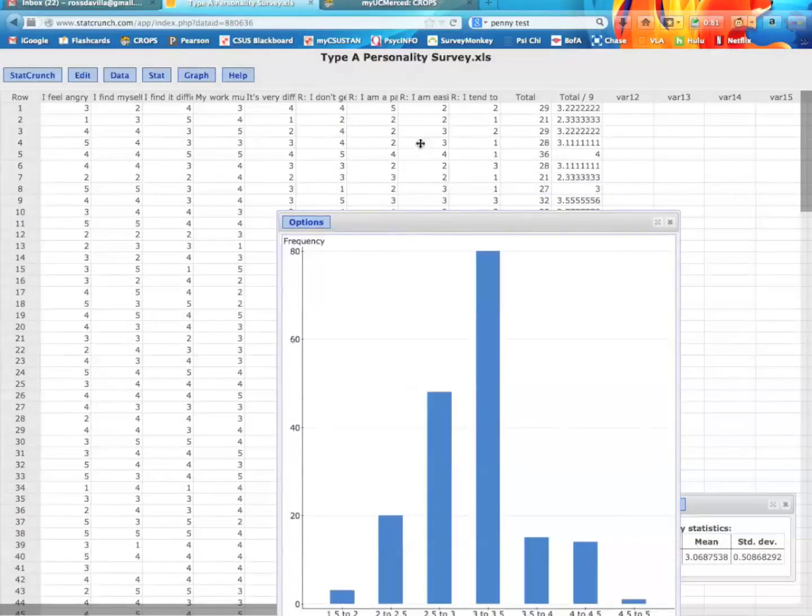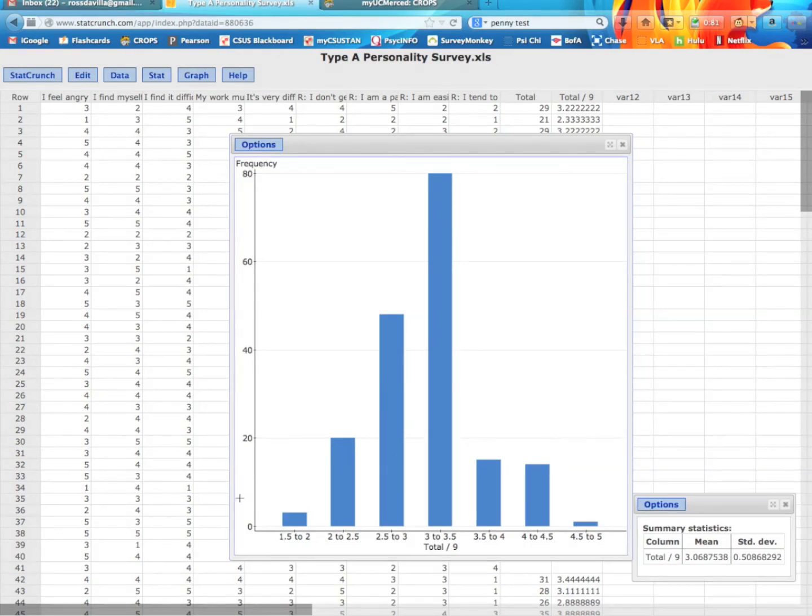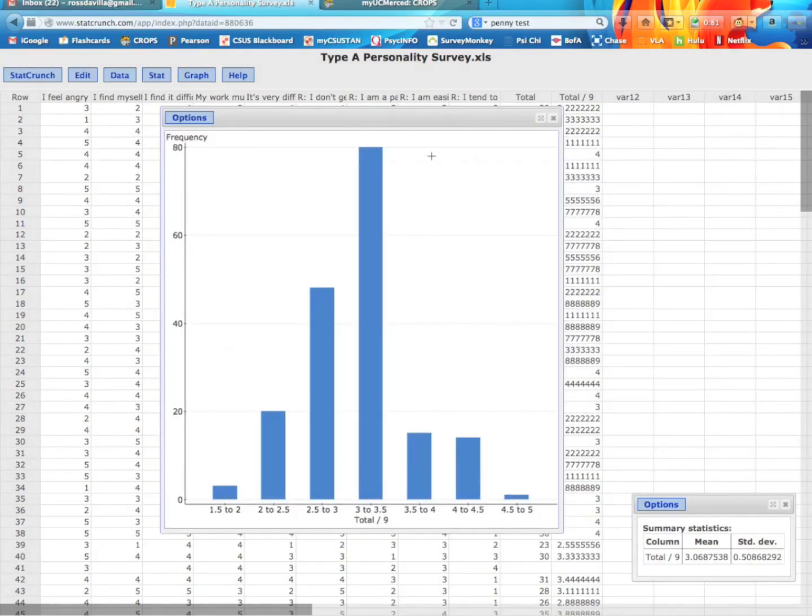As you can see here, that's exactly what it does. Now we actually didn't have anyone with a 1, so it just started from 1.5 to 2, 2 to 2.5, 2.5 to 3, and that's perfect. That's how we want to look at our data. So in this way, is this normally distributed? In some ways it is. The peak is right in the middle. So in that way, it's pretty normally distributed with where the central tendency is, or where the mean is. And we can see here that the mean is right around a 3.